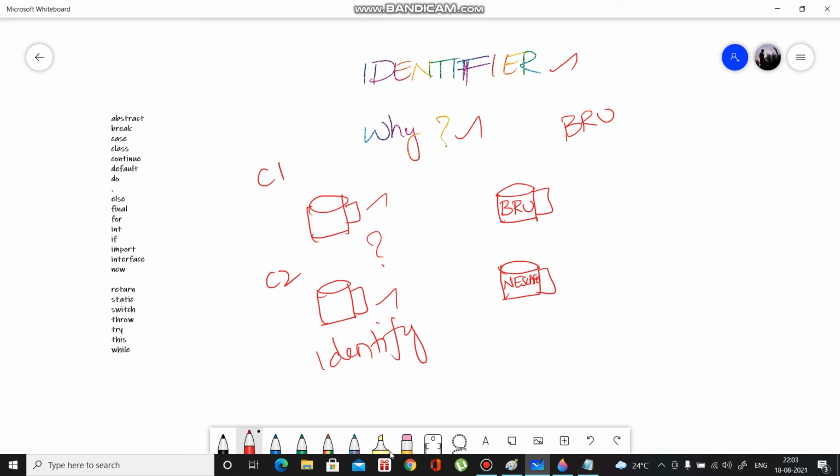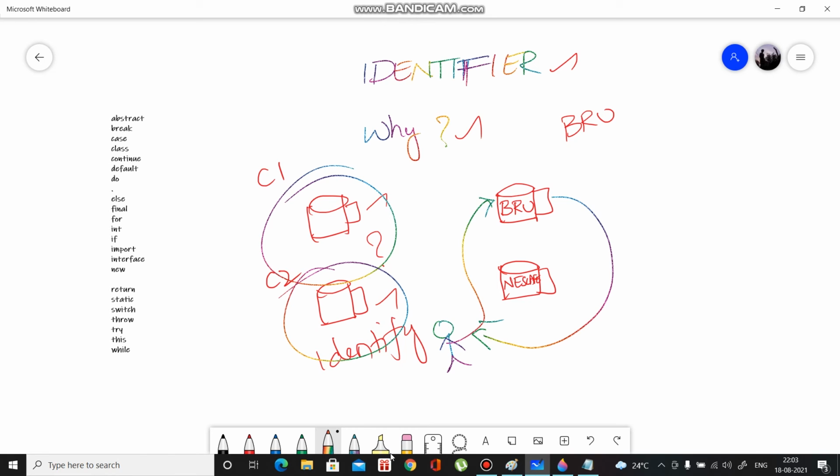Now if you want to drink Bru coffee, you will directly select it and drink. If you're not providing any labels, how will you find it? So we need labels, and those labels are nothing but identifiers in this case.